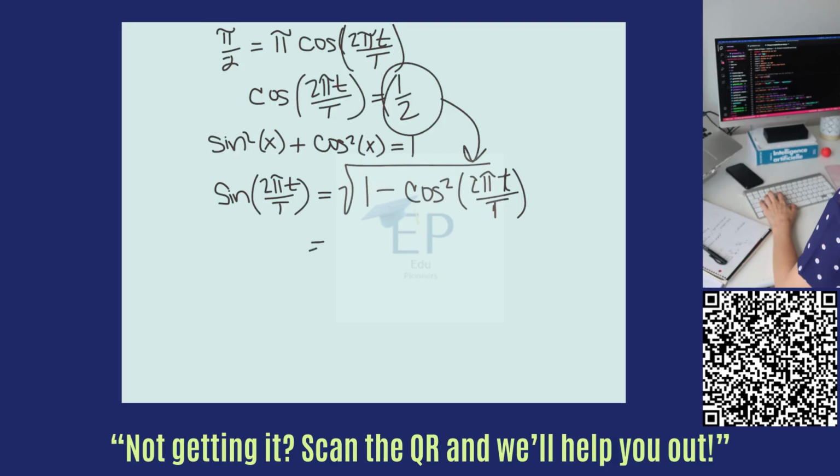So in reality, this is 1 minus 1/2 squared, which gives us an answer of the square root of 3